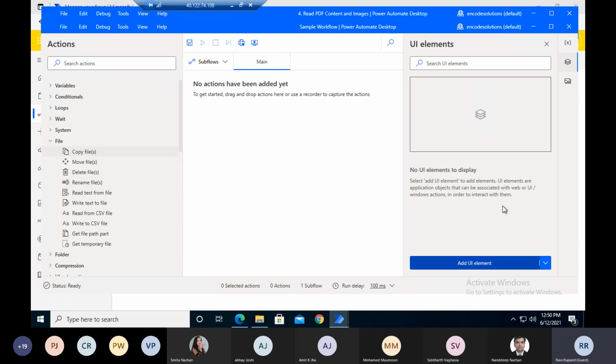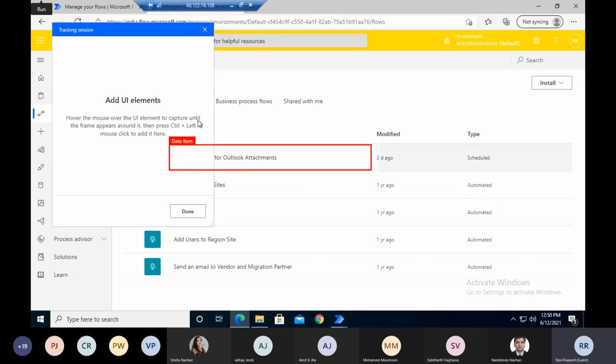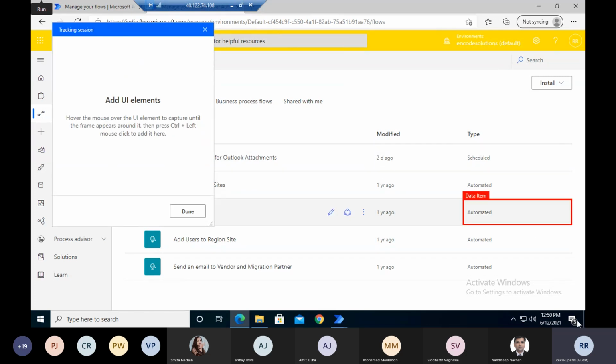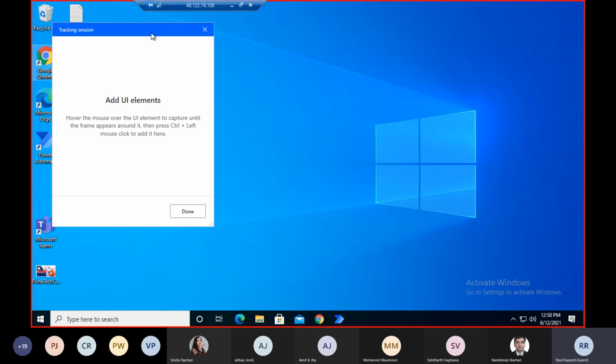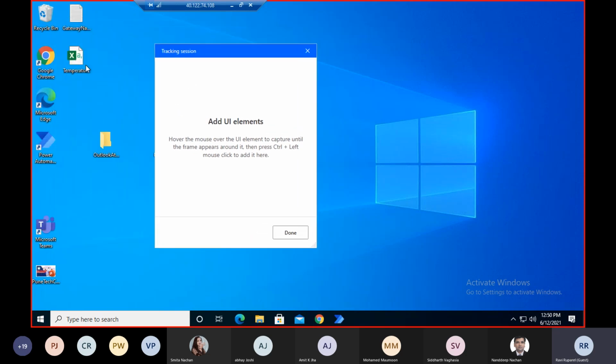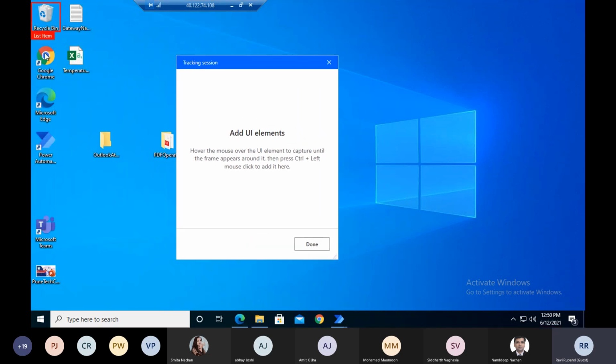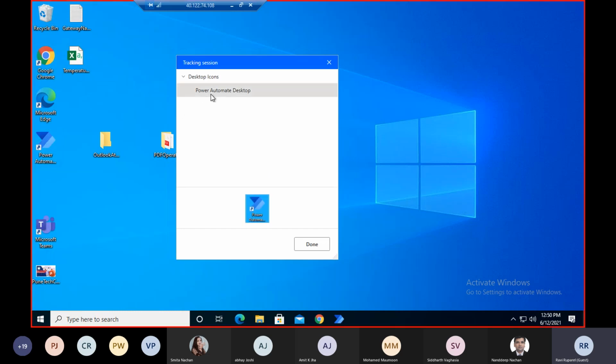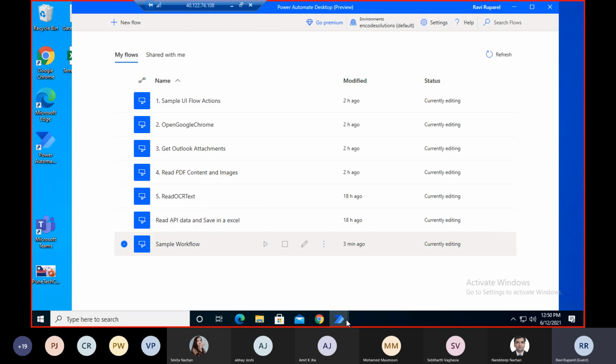Clicking on add UI element, it will ask me to go to the desktop. Based on that, it will check the type. Then by holding the control key and clicking on it, it will add this desktop icon over here, and I click on done.